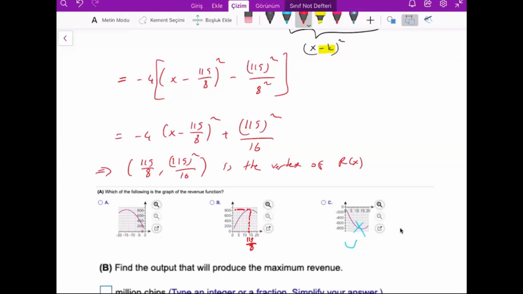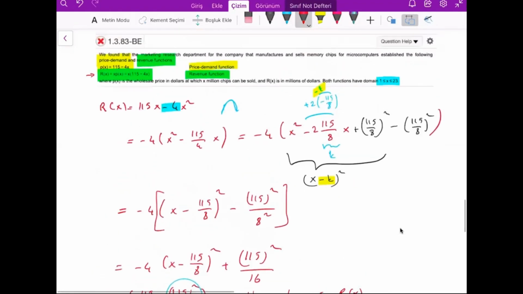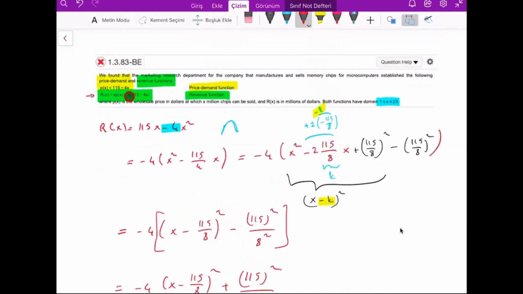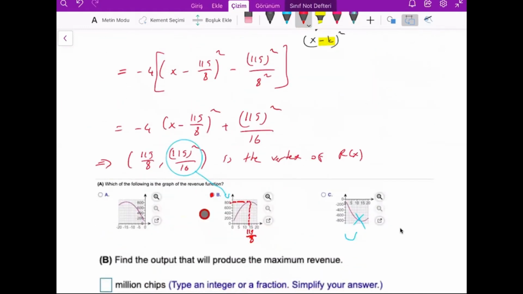This value, I don't know this value actually. This value is that value. Okay, you can write, but the correct answer is part B. Of course, you have another alternative to calculate. For example, you just calculate the x equal to 5 value of the revenue from here. Okay, when x equal to 5, the revenue is, for example, some value, 400. So according to this value, you can choose the correct answer here.